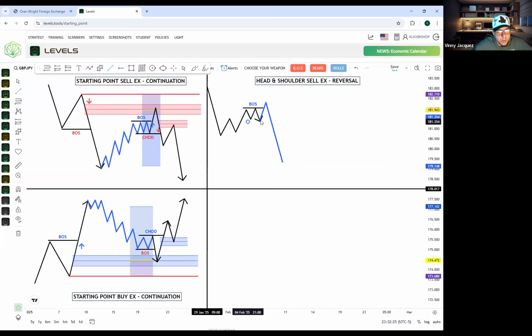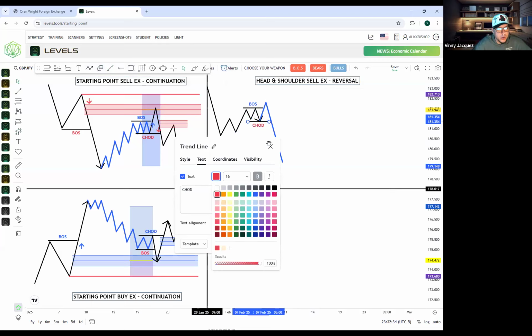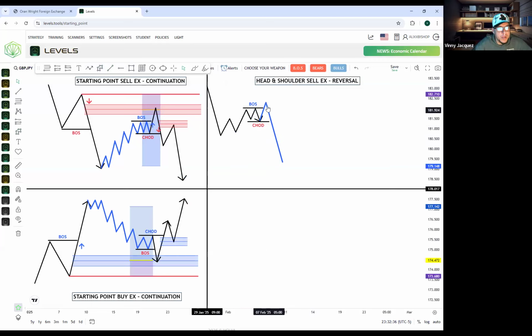We now saw that we got our change of direction. So let's go ahead. Change of direction to the downside, right? That was a bearish change of direction. So let's go ahead and label. Now, guys, when it comes to the head and shoulder, right? When it comes to the head and shoulder,